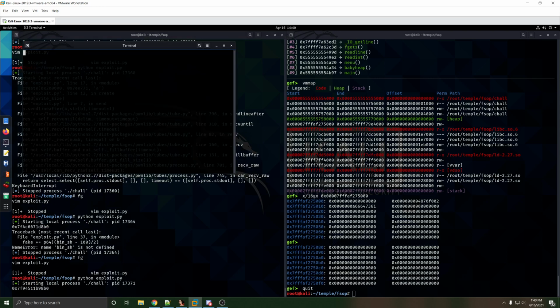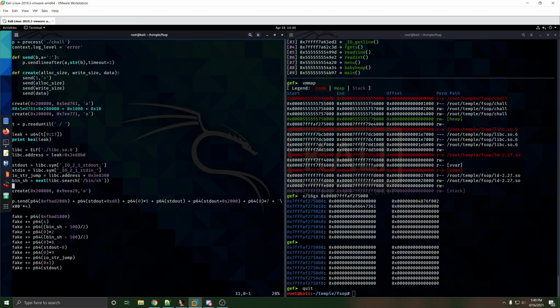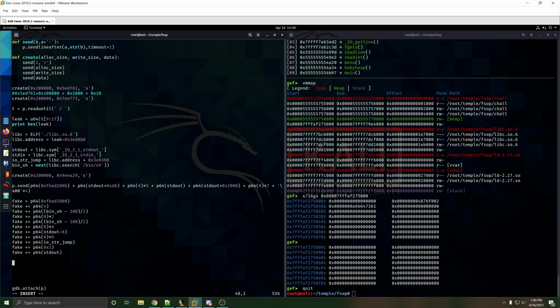Normally in this case I wouldn't do that. I'd make sure that the bin sh address actually works because we're doing the minus 100 and divide by 2, so you have to make sure it's actually a possible location for that, but I already know what works for that, so it's fine. We actually never sent that data though, did we? Nope. So if we do a p.send line now to end the buffer, fake,